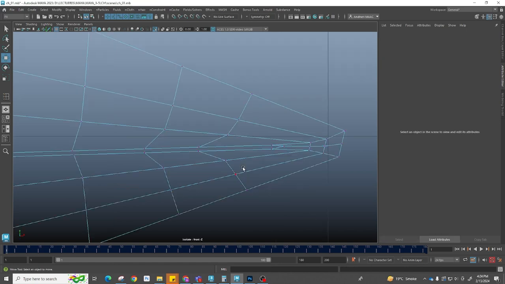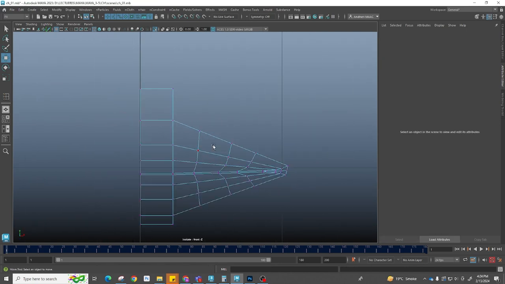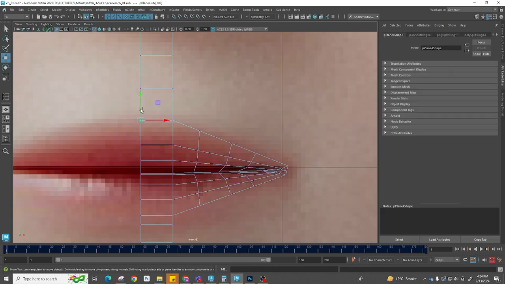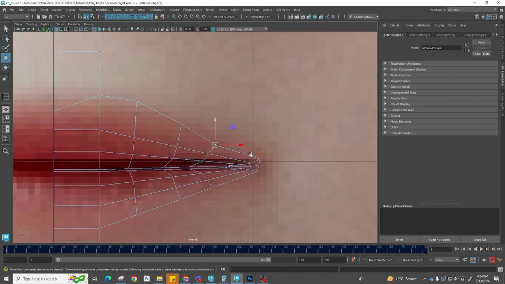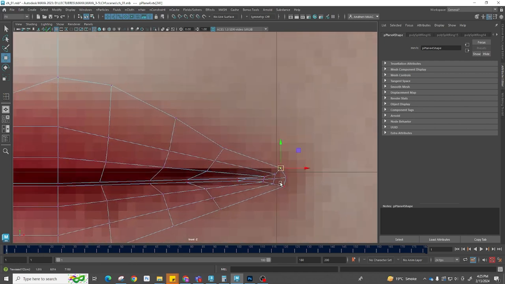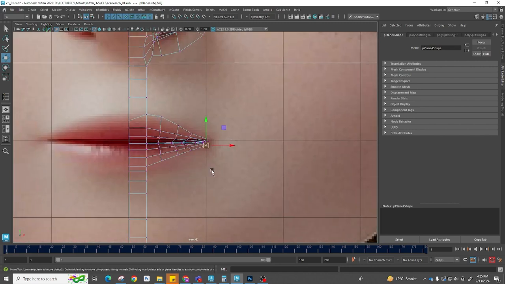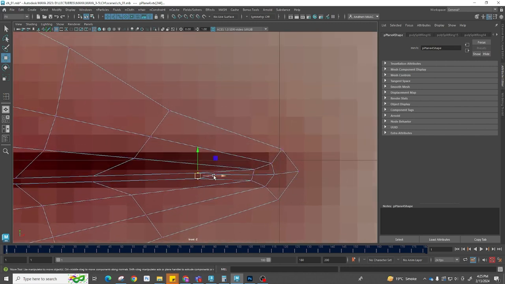I think this is good. And if you see your front side, this is a straight line. So I just make a lip shape. It's looking like that, and just place this one and this one. We try to create a proper edge loop,